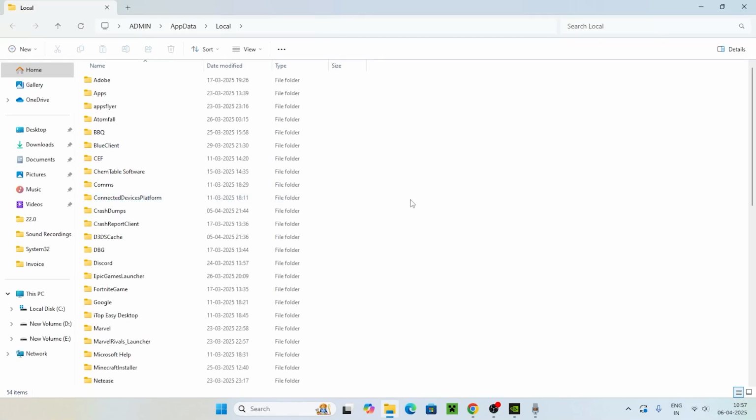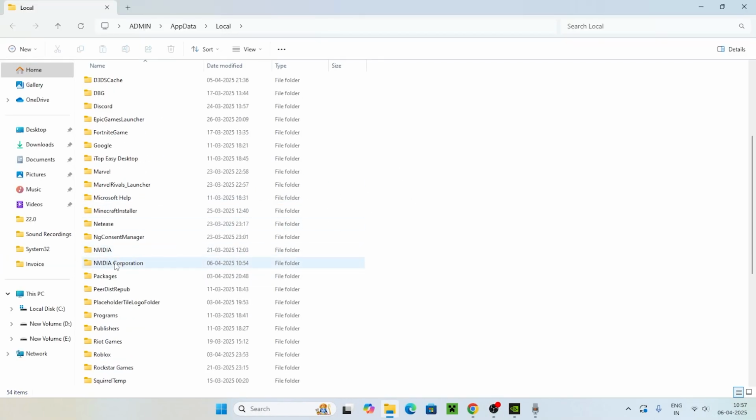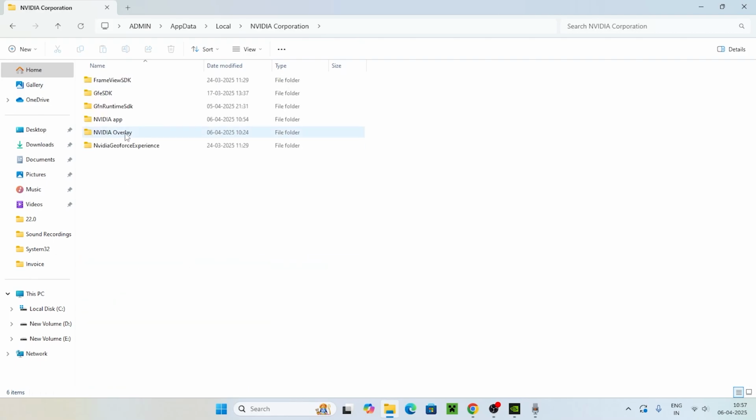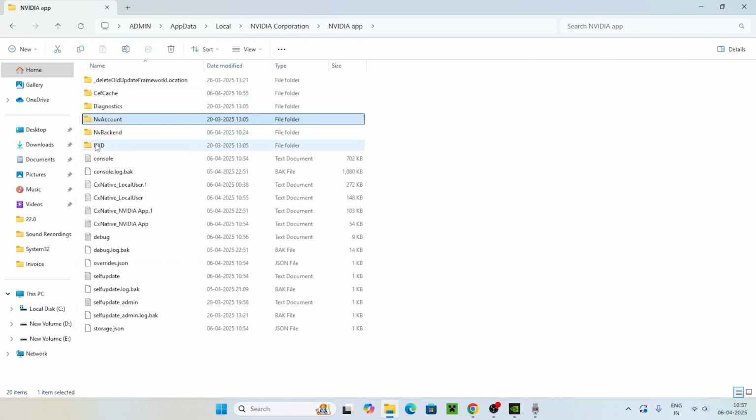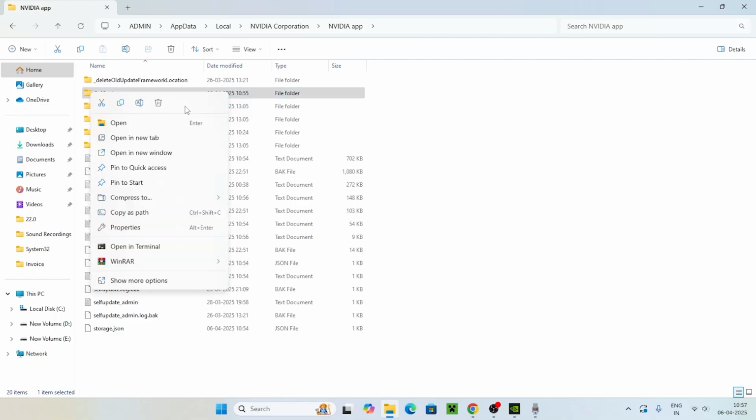and go for OK. Once you get into this, we just need to keep scrolling down and navigate to the folder named NVIDIA Corporation. Now from here, navigate to the NVIDIA app. Right now from here, you can see there is a folder named Safe Cache. What we need to do is right click on this one and go for the trash